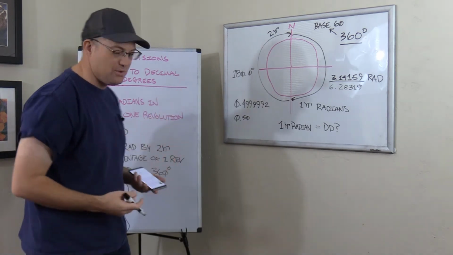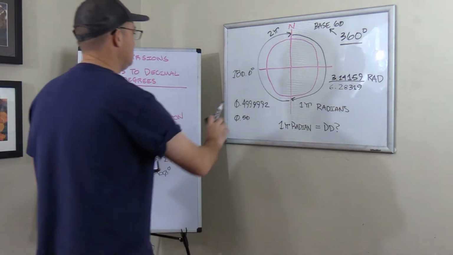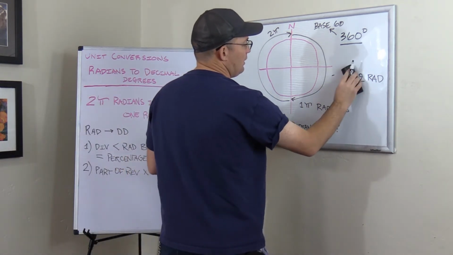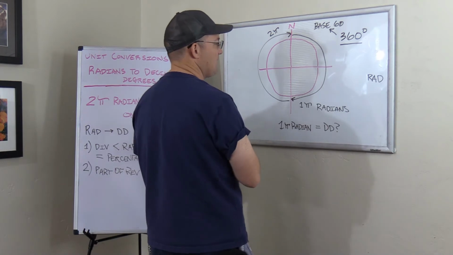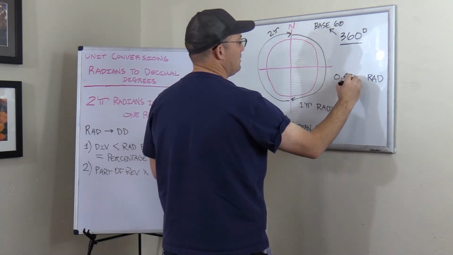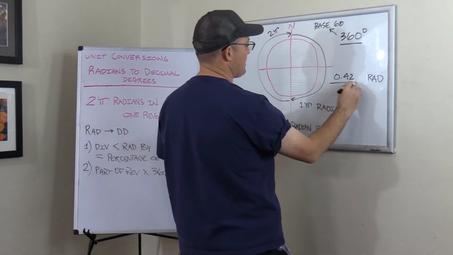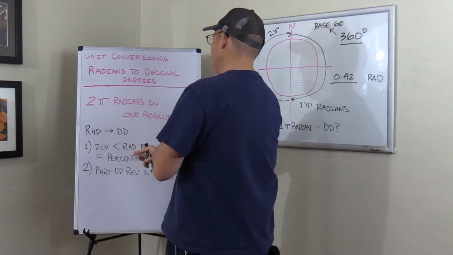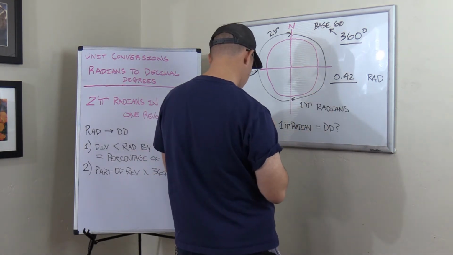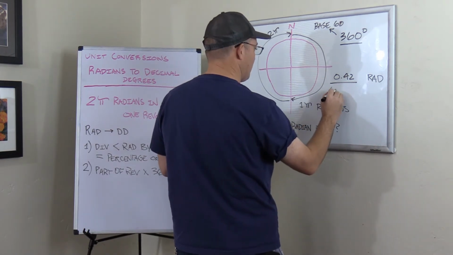Okay, now let's take one other example. We'll do one more. So this time I'm going to say we've got 0.42 radians. Okay, and we want to know what is that in decimal degrees. So you remember the first thing we do down here, we divide our angle in radians by 2 pi. So we're going to use that same value for 2 pi. So we're going to divide that by